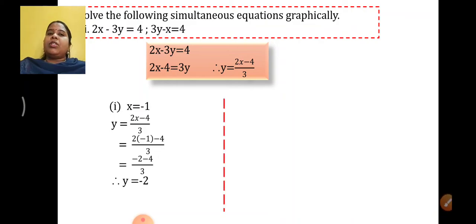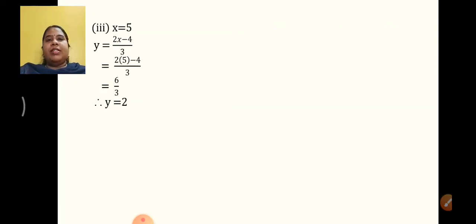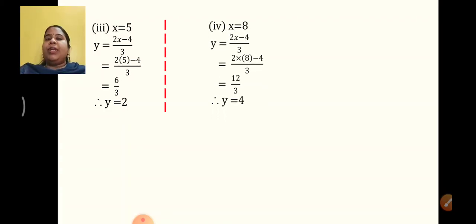In the same way I need to think about the second value also. If I take 2, see here, 2 into 2 is 4, 4 minus 4 is 0, and 0 upon 3 is again 0. So the second value is x as 2 and y as 0. This is the reason I told you this is a lengthy sum, not difficult, where you need to think a little bit about how to take the values so that decimal points can be avoided. Let's take the third value as 5. See here, 5 2s are 10, minus 4 upon 3. So 10 minus 4 is 6, 6 upon 3 is 2. So 5 and 2 is my next answer. Okay, 4 values we need. So one more value can be taken as 8. If I take 8, 8 2s are 16.